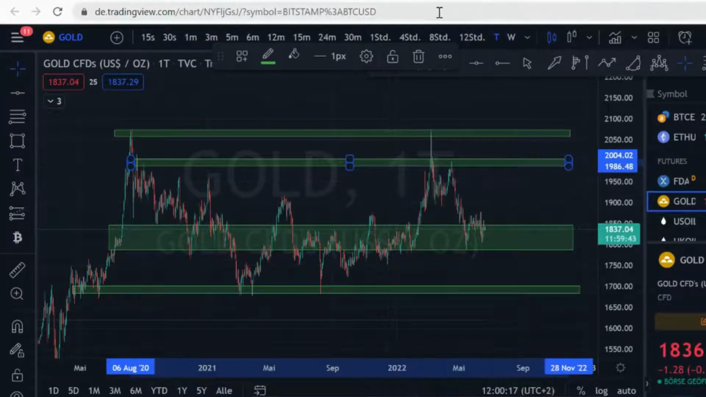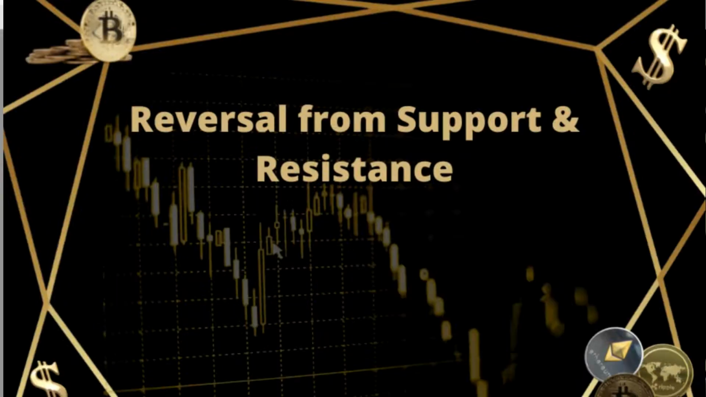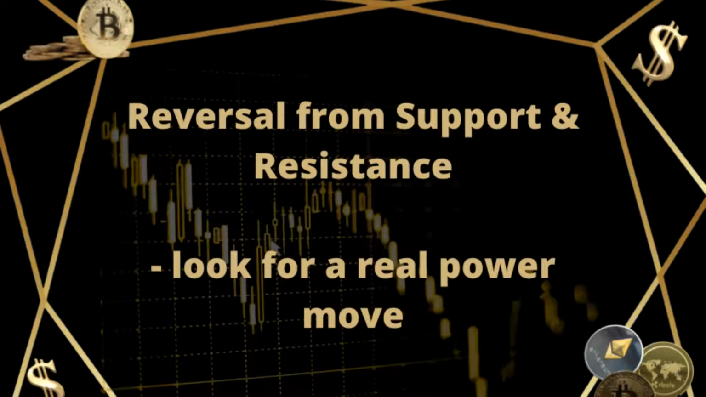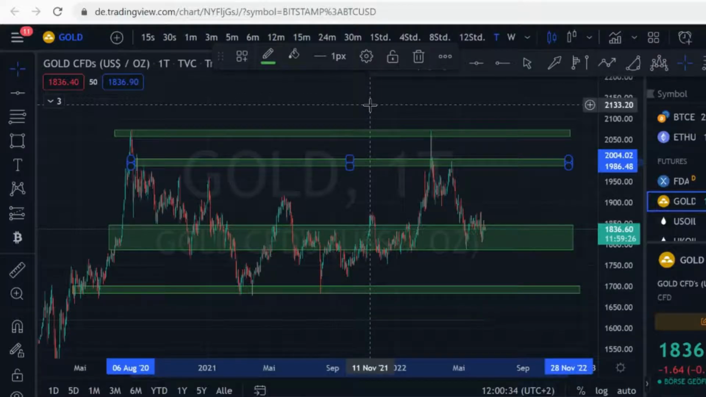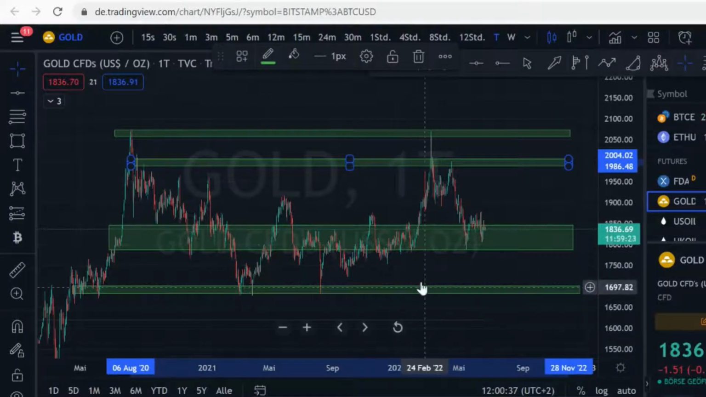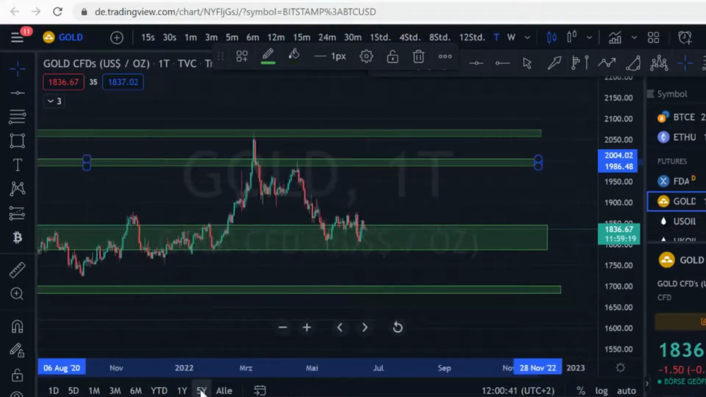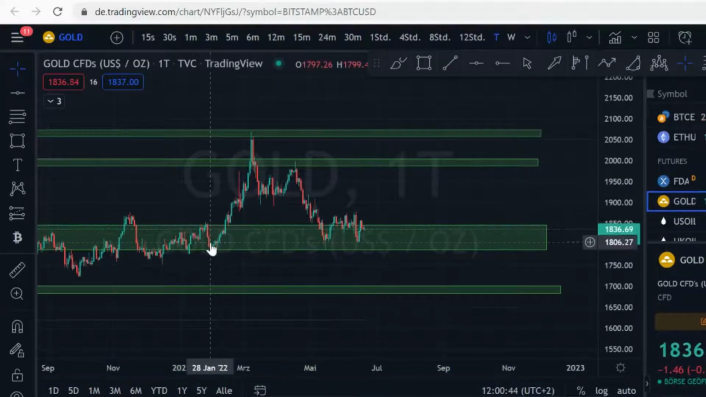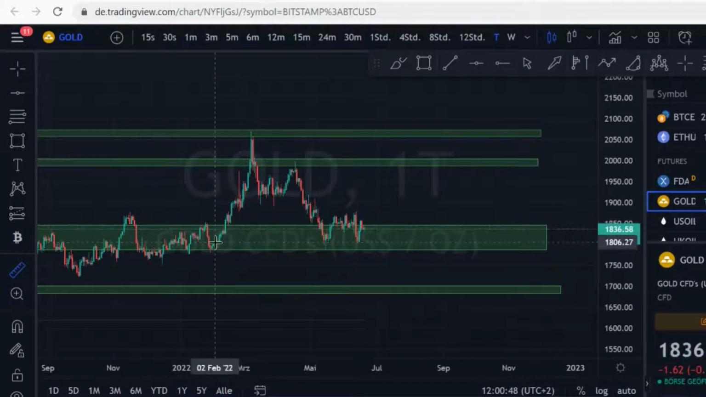I think right now we had here a couple of examples, so we can go ahead and move to the next topic. That is reversal from support. So look for a real power move in the market. So here we are on the gold chart. Let's do this, for example. We want to look for a real power move. So that is a strong move to the upside. So actually after this retest,